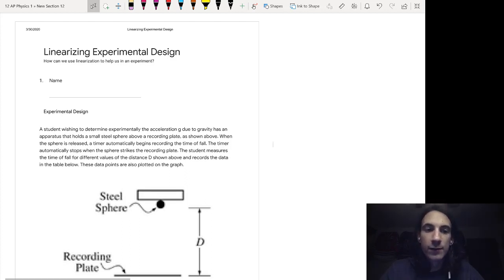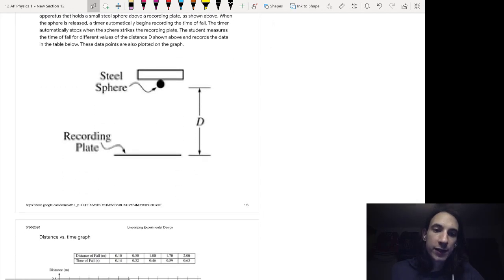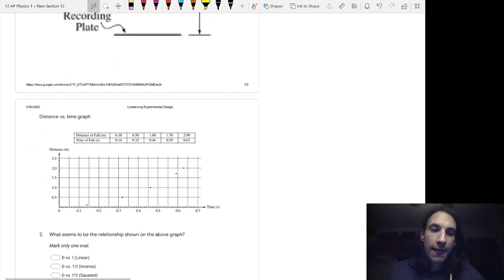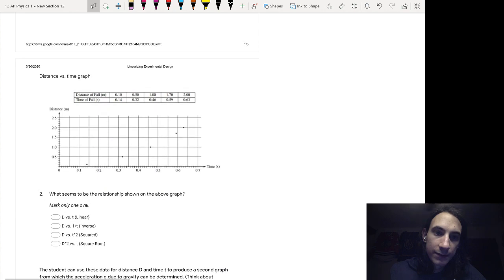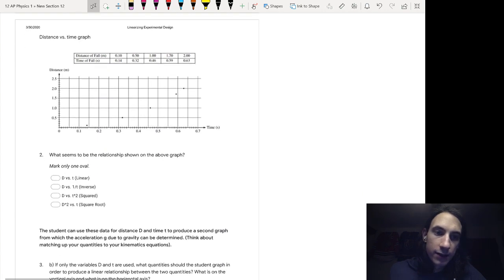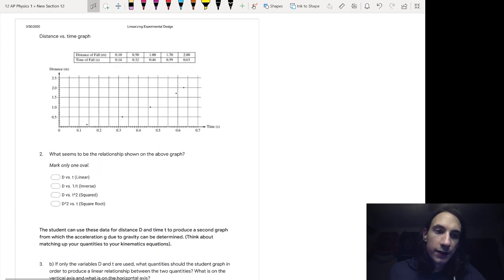The student measures the time of the fall for different values of the distance d shown above and records the data in the table below. These data points are also plotted on the graph. So we have this falling height, we have these data points, and what we want to start off with is what seems to be